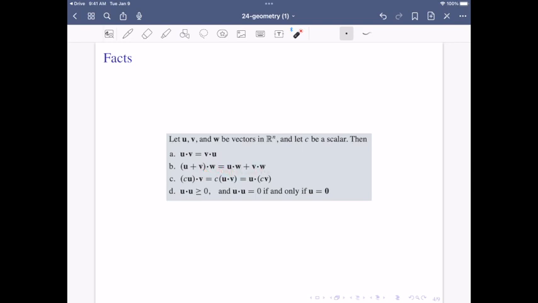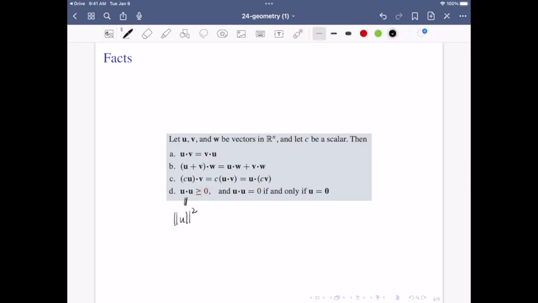And if you have a scalar multiplication to u before the dot, then you can take out this constant scalar. And u dot u, which is basically the length of u squared, is always greater than or equal to 0,